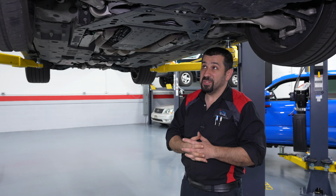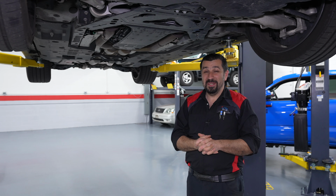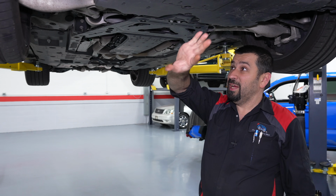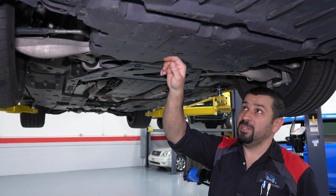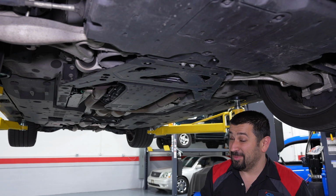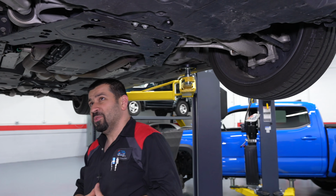Let's take a look underneath the Lexus GSF, and one thing has to be said being underneath here, it's just a beautiful machine. Let's check out some of the cool things. It's all covered up in the front, which is pretty standard. Here's the oil filter, drain plug is right here for the oil. Pretty simple, for the DIYers that are into cars. But let's start with the front suspension here,